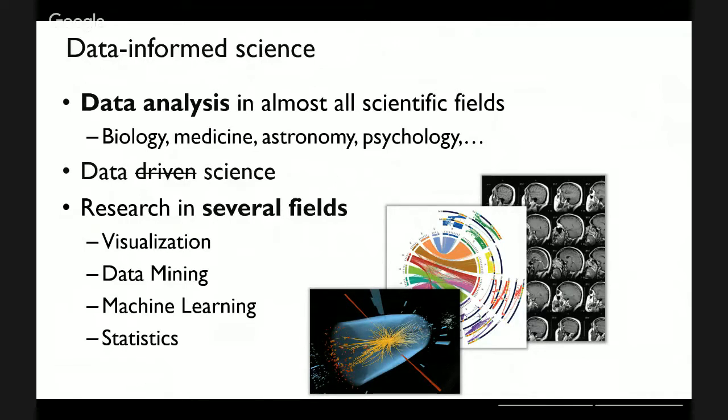There is a lot of work in visualization, and of course a lot of work in data mining, machine learning, and statistics. All these different domains aim to support analysts in informing their decisions and observations through data. But of course, this